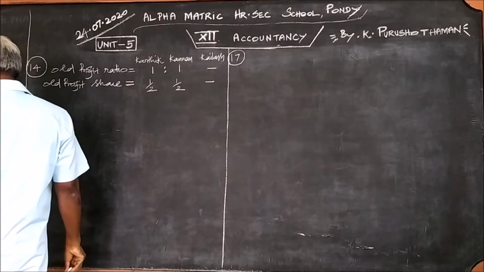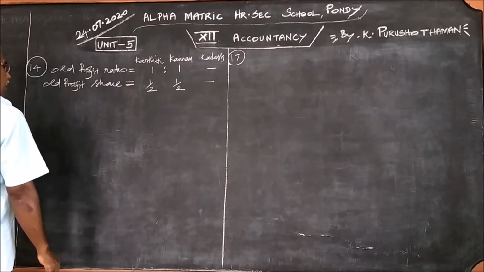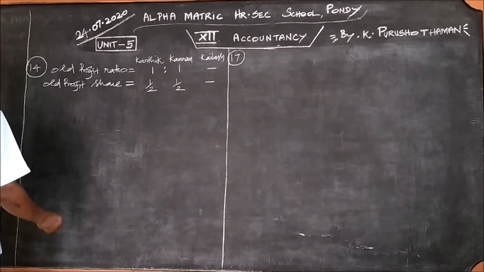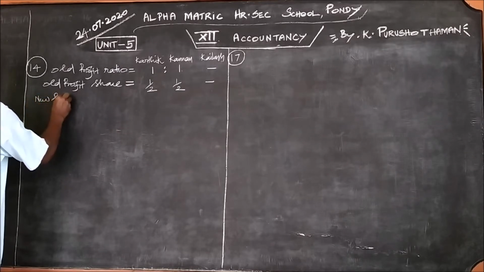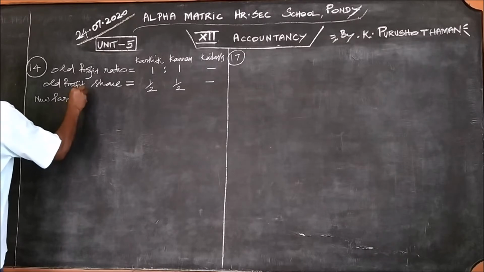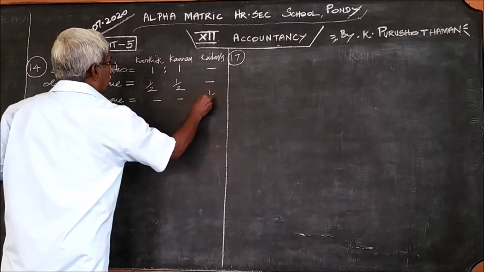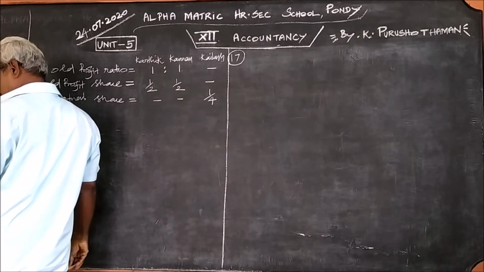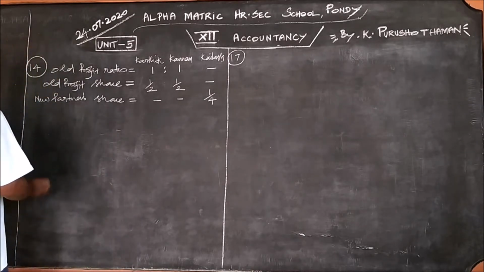They admit Kailash with 1/4 share of the profits. It is given to Kailash. New partners share: this is 1/4. And this 1/4 is acquired from the old partners in the ratio 7:3. Therefore,